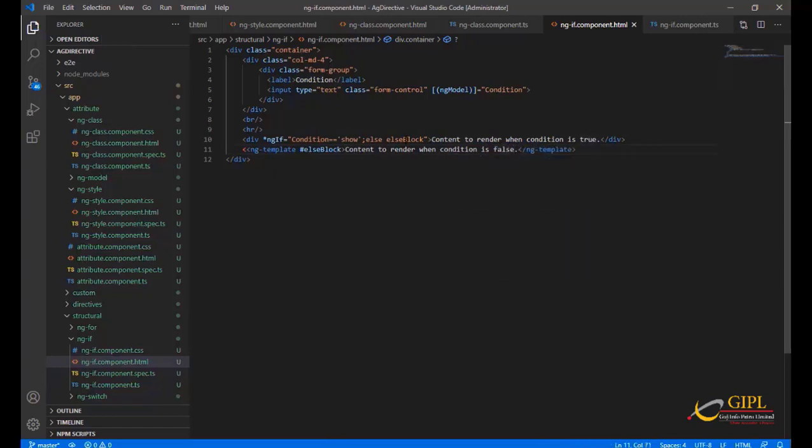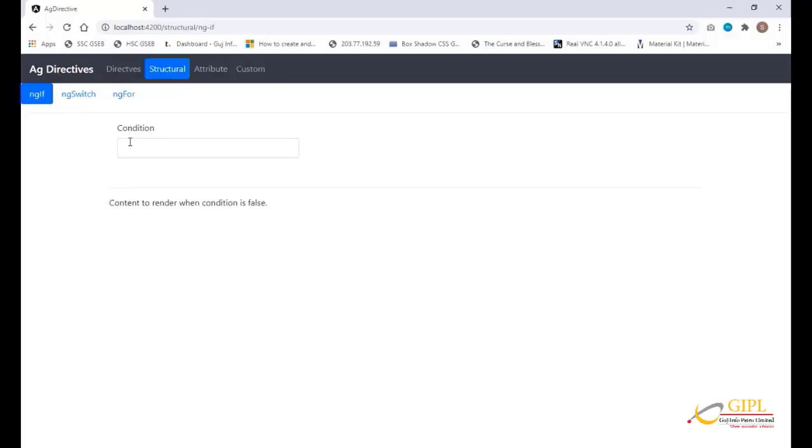So whenever the condition is true, show this div, otherwise show this else block. You can see the condition is not matched, that's why the else block is added in the DOM. When we enter show, it will show the if block.